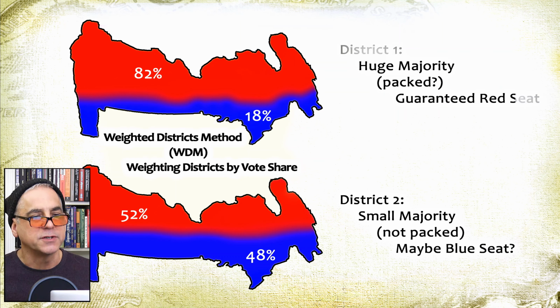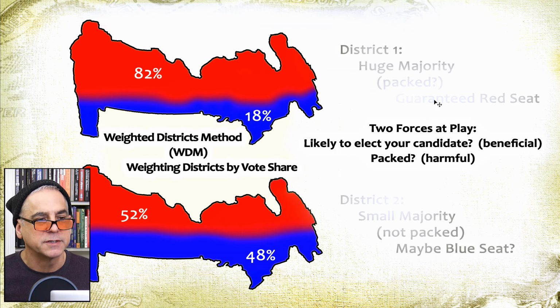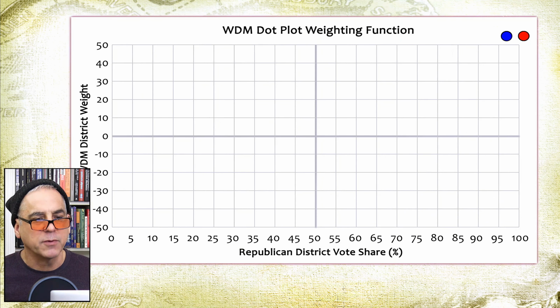These districts expose the two forces encountered by redistrictors. That is, how packed a district is, and what is the probability of that district electing a candidate from a given party. Understanding the trade-offs between these forces is critical for redistrictors and those trying to understand gerrymanders. So let's put these thoughts into numbers and weight districts by vote share. To explain the weighted districts method, we start with a graph where each district is plotted in terms of its